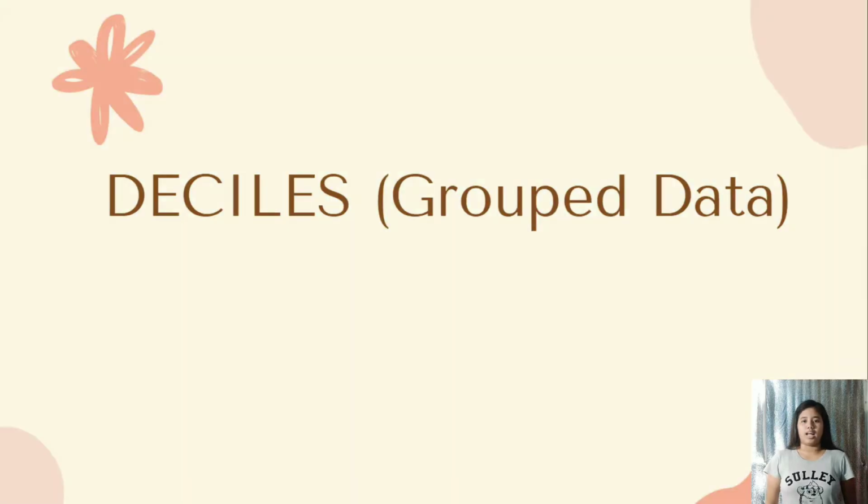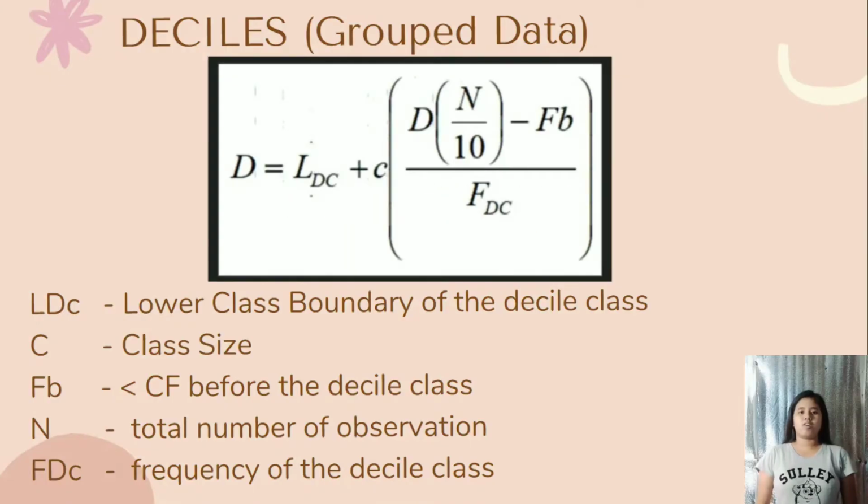Deciles for group data. These are the values that divide a set of scores or observations into 10 equal parts. That is the formula we need to use to find the value of deciles in group data. D is equal to L sub DC plus C, open parenthesis D close parenthesis, open parenthesis